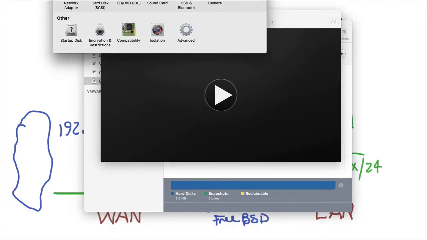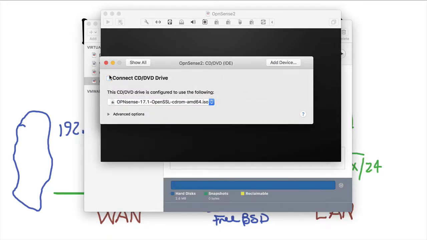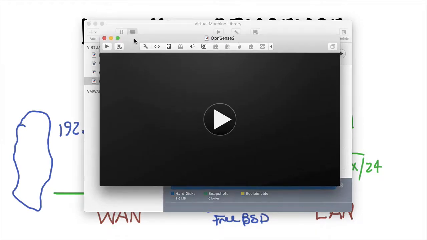Powered off. I can disable my CD-ROM. I don't want to connect that so it doesn't boot from it. We're going to power it up again, and then we're going to try to connect to it from,